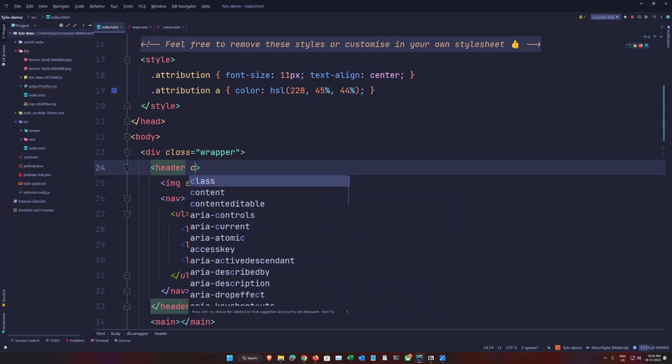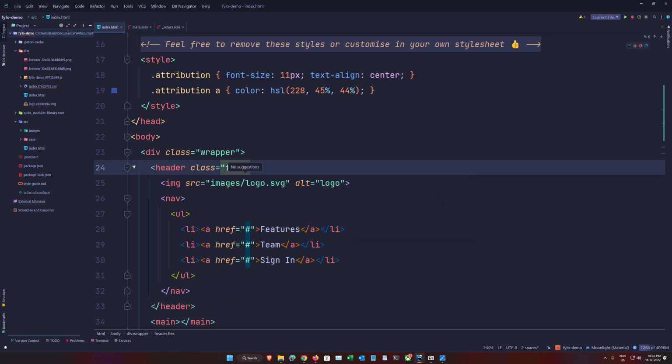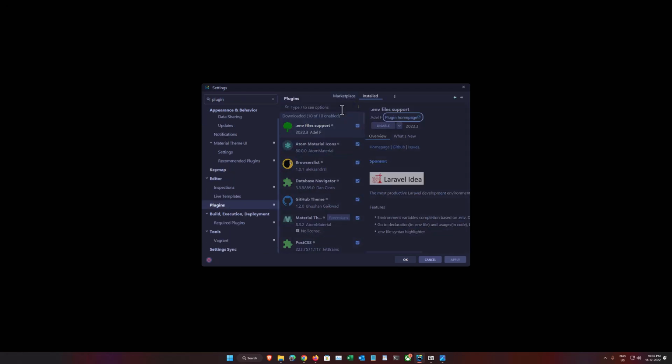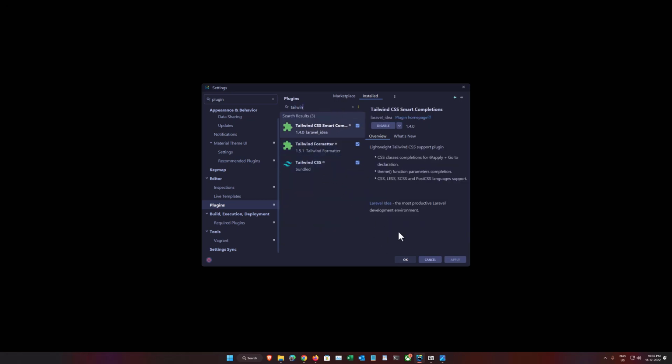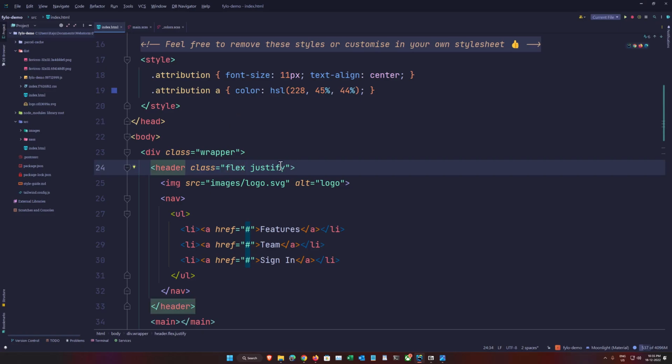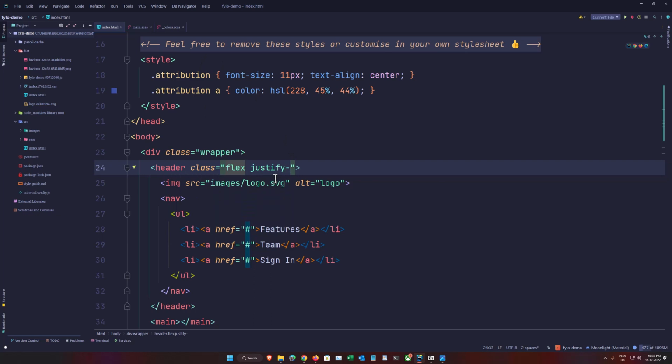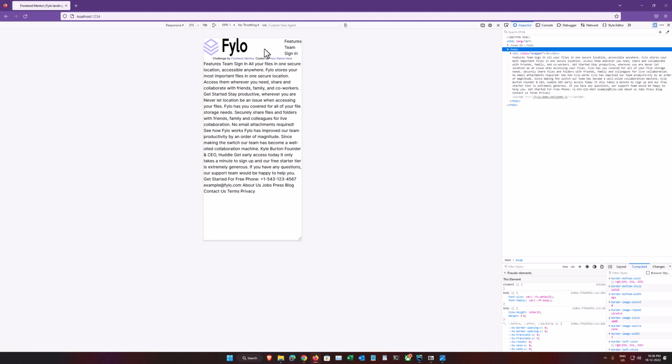Okay, so I'll put a class here with the name flex, and these are your Tailwind classes. So save it, and there you go. And next class is I want to place them at the end, so there are no suggestions coming up. I wonder why. So let's see here under plugins. So my Tailwind plugin should be there. Yep, it's already there. Somehow it's not working. Doesn't matter. So it will be justify-between, and once you do that, it will look like this. They'll go to their extreme ends,